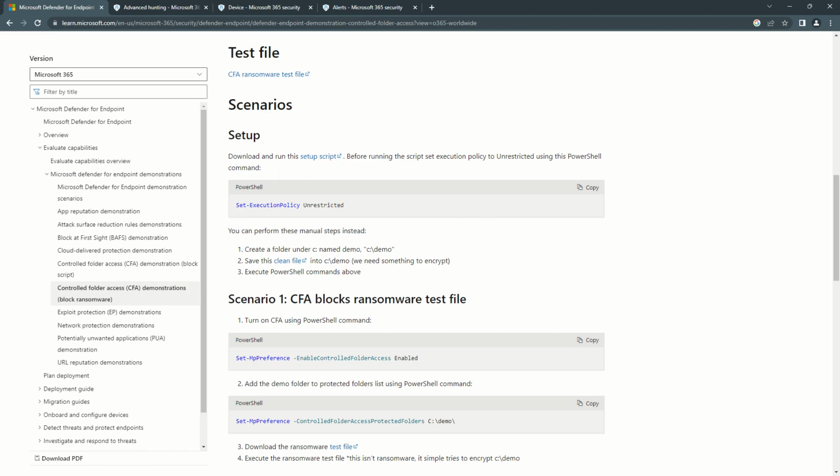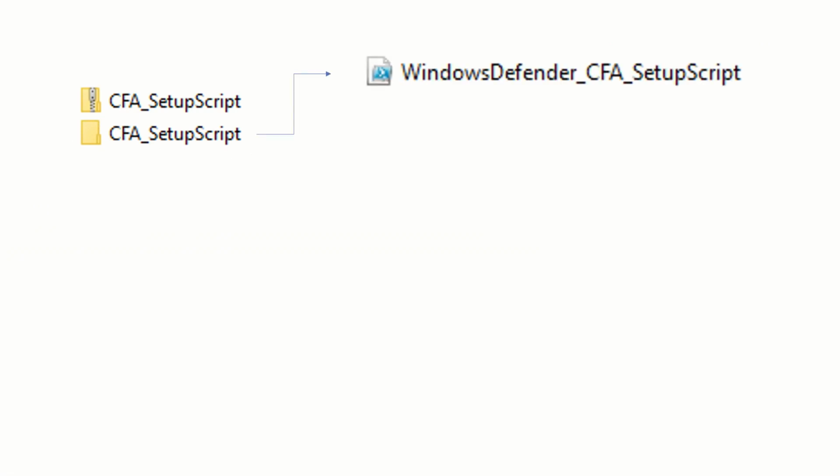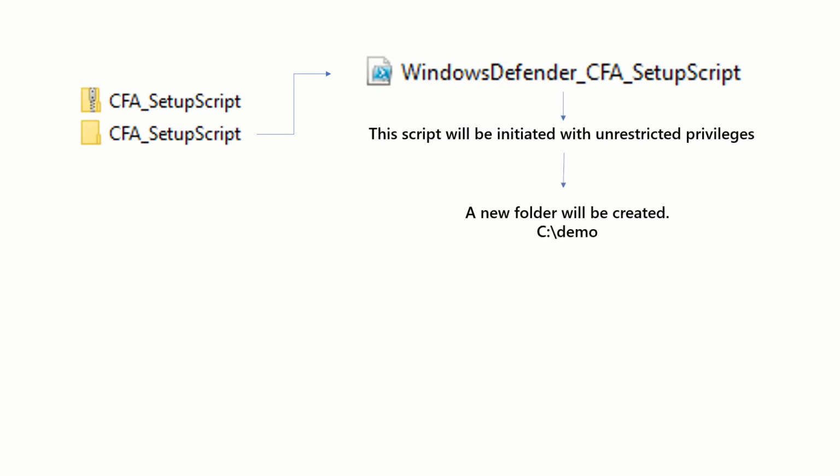Once you have downloaded the tool, this is how it is going to look, which I'm going to showcase very soon. Now let's say you have downloaded the script. It will be a compressed folder. All you have to do is extract this folder, and then there will be a script. Now this script has to be initiated with unrestricted privileges,